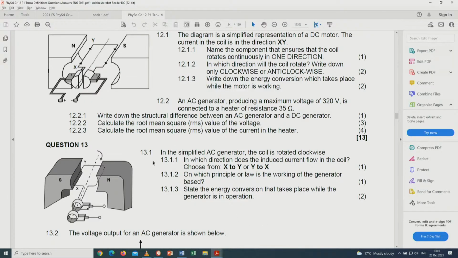Let's see. The first question: in which direction does the induced current flow in the coil? Choose from X to Y or from Y to X. Now, if we look here, it's rotating clockwise. That means